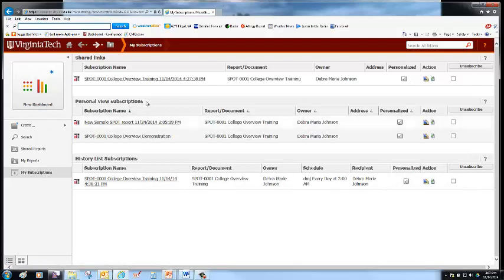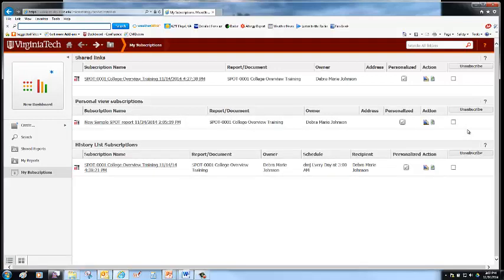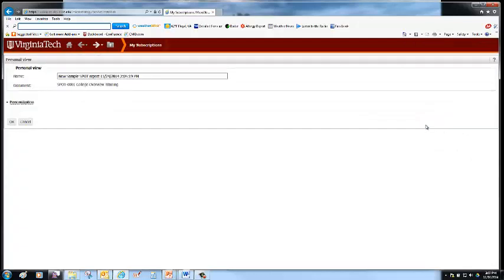So if you save personal views of all the reports that you care about, you will never have to go back to the folders. You can just go to My Subscriptions, Personal Views, and there's all your reports with names that make sense to you. You can remove things from My Subscriptions. Let's say I want to clean this up, I want to unsubscribe. Just check it, unsubscribe. You can change your prompts, so you can edit,